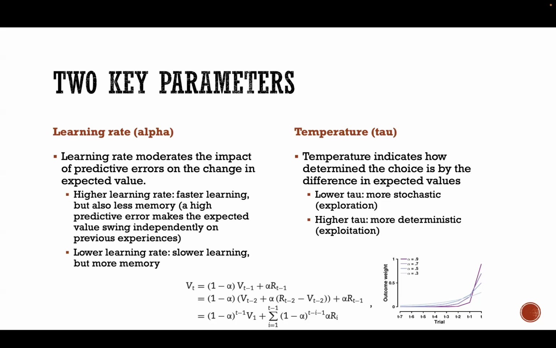If we want to exploit, if we trust what we learned so far and we don't feel we need to explore our options further, as soon as there is one choice that is even slightly higher in expected value than the others, we should just go for that. That would be a low temperature, or given that people developing these models like to mess with us, high inverse temperature,